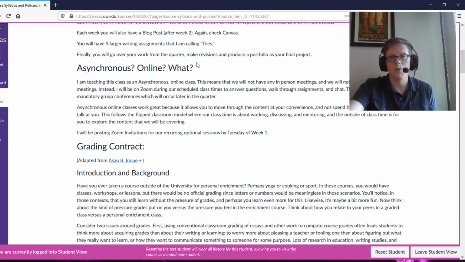Throughout the quarter, you're going to be writing a lot of text, and I'm going to require that you do peer reviews, but I encourage you to do additional peer reviews, chat with friends in the class, and help each other out. This is definitely a collaborative sort of class, so I don't have any problem with you working together or talking to each other. You won't be able to turn in the same assignments, of course, but if you're sharing ideas